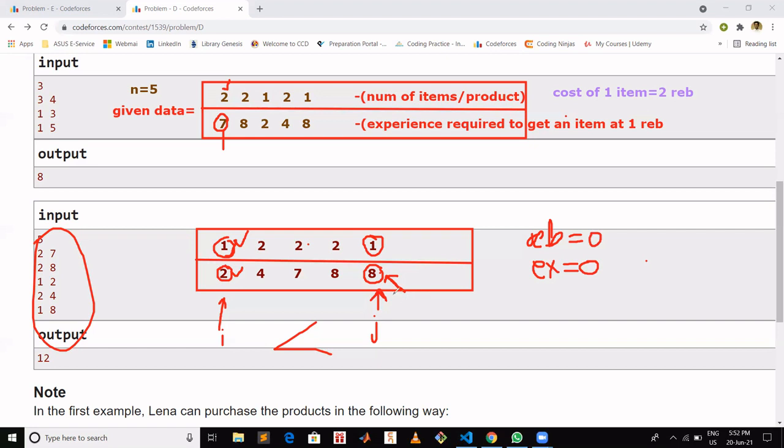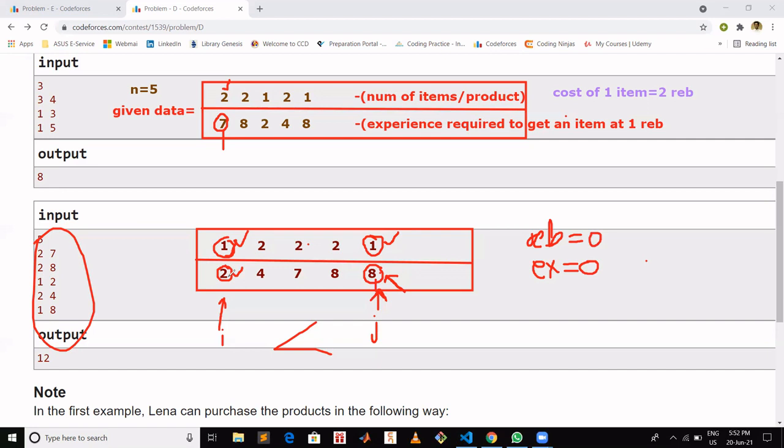Okay. So while iterating, we will check if experience of jth item is less than our experience, or the number of items we need to purchase for the jth item is equal to 0. In that case we will decrement our j. Otherwise we will check if the experience required for ith product is less than or equal to what experience we already have.